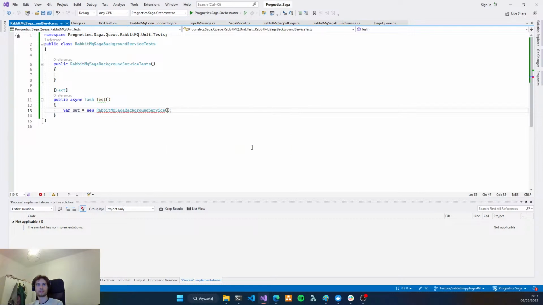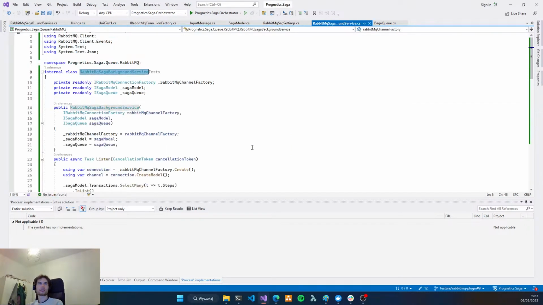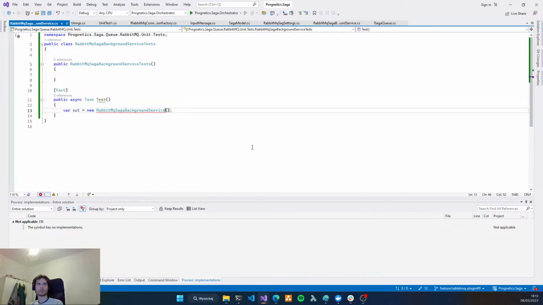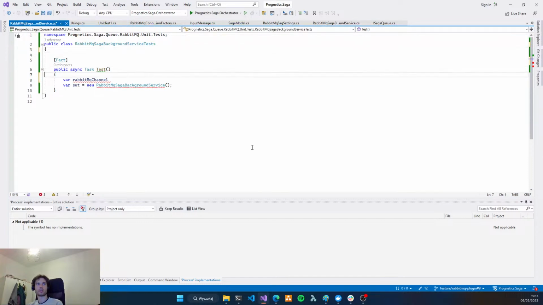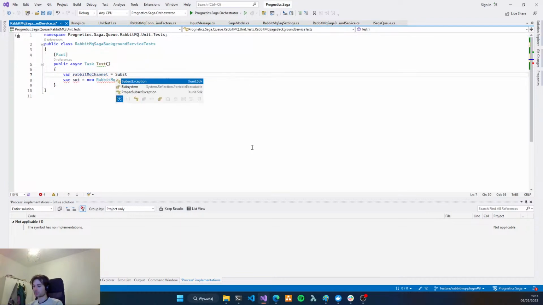Okay, what do we need here? We need the RabbitMQ channel factory. For now, I will just use local variables, but later I will probably move them into a constructor.